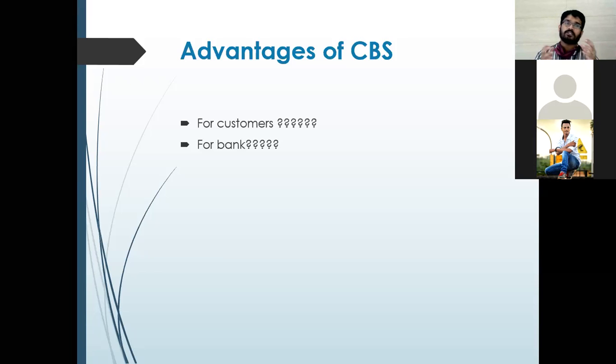If you're aware, people who stay in Channamanagar, there is one CSP of SBI there. In fact it is very close to Akash's house. I don't know whether Akash visits. Akash is so cautious about COVID and he doesn't go out of his house. But yes, there is one customer service point near Akash's house. Basically these are outsourced agents who perform small banking transactions on behalf of the branch.